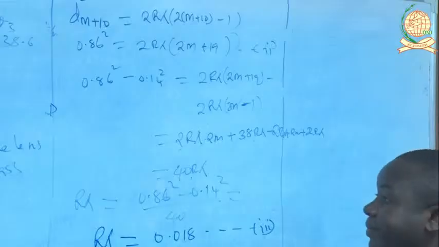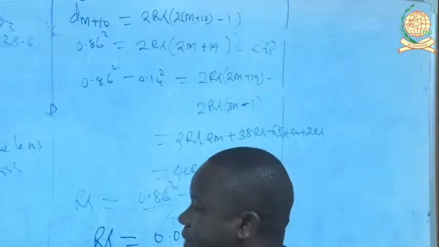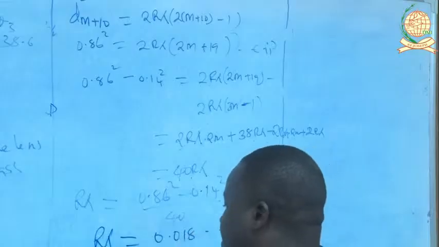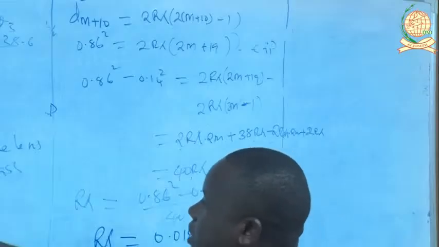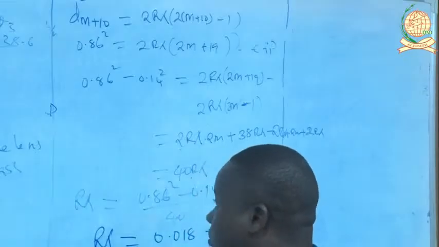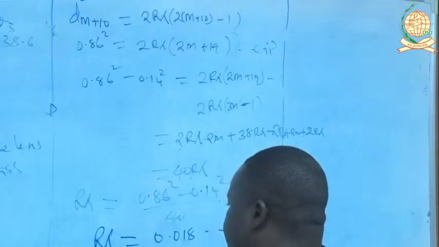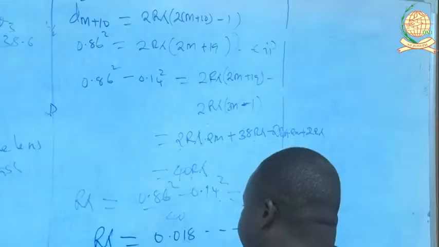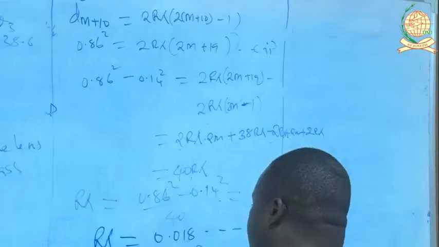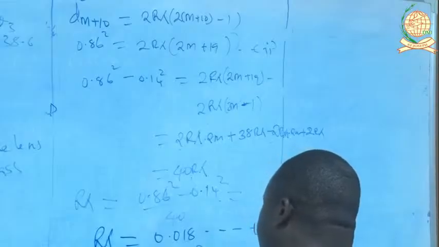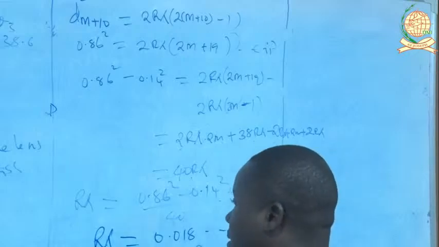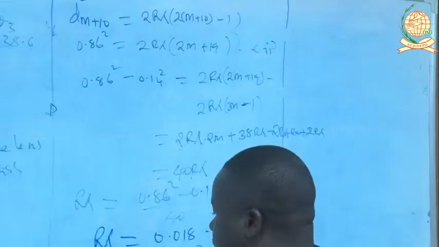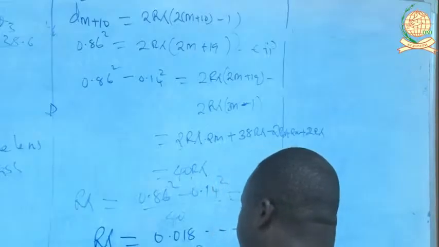You do the same for the case when the liquid is present. When the liquid is present, we have seen that dq, where is the dq? This one. So 0.23 here with the liquid. 0.23 square is equal to 2r lambda bracket 2q minus 1, and another one which is 0.77 square equals to,